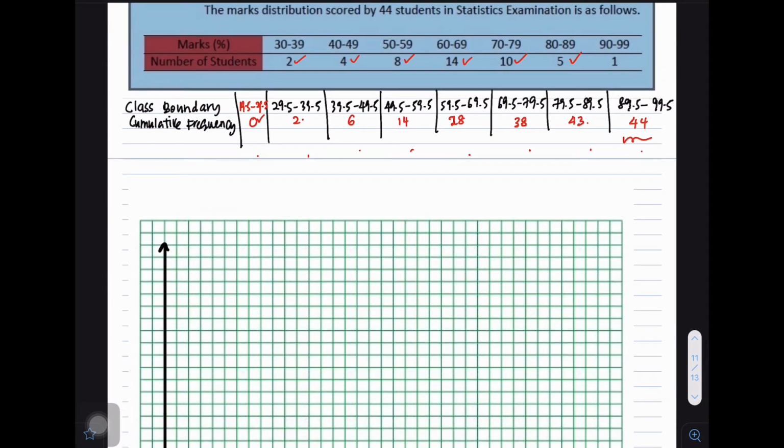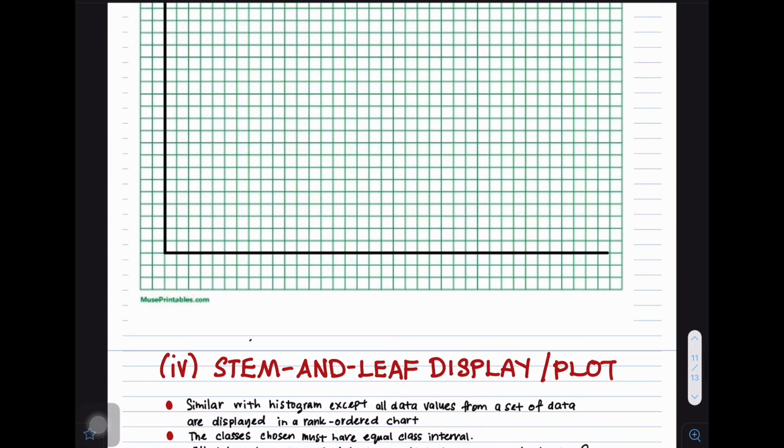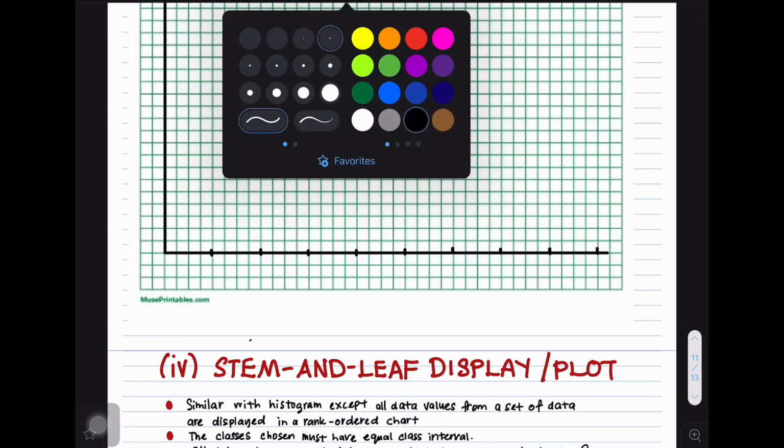The upper boundary is this one, this one, this one, this one, this one, this one, this one, and this one. So it starts with 29.5 and ends with 99.5. So we put it 4, 1, 2, 3, 4, 5, 6, 7, 8, 9. Alright, so dia start dengan 29.5,